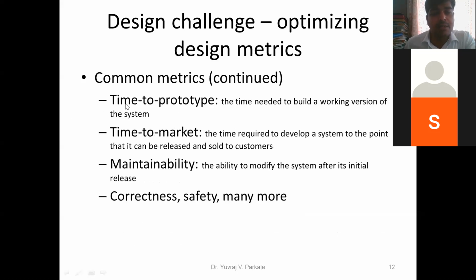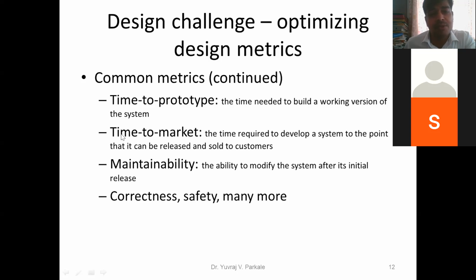Next challenge is time to prototype. I have to reduce my time of designing a working version of my system. And a very important design challenge is the time to market.